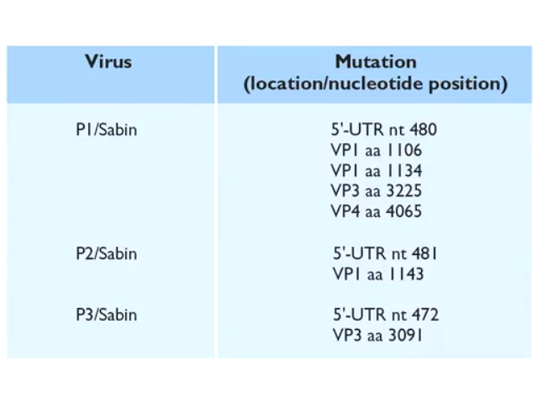So they were licensed in 1961, and in the 1980s, we acquired the ability to determine DNA sequence. And so the sequences of these strains that he had produced years earlier were determined and compared to the parent strains that he had derived them from. And these are the mutations in those vaccine strains that make them unable to cause paralysis in people. So here's the type 1, 2, and 3 strain. Now you can see there are very few changes. For the type 1, 5, and 2 each for the type 2 and the type 3 strains. So very few changes distinguish these vaccine strains from their parents, yet they've been used in hundreds of millions of